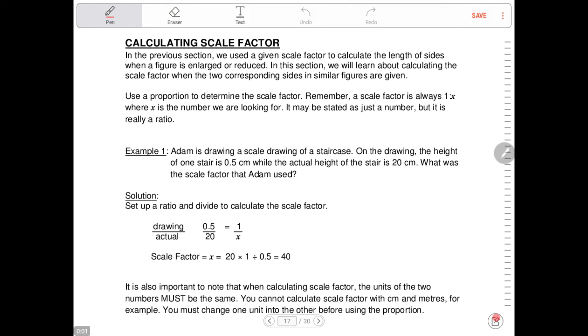Hi again, everyone. Now we're moving on to our next lesson, which is going to be calculating scale factor. You see, in the last lesson, the scale factor was given to you. And what I mean by that is, and I know that you've just done this, but if I gave you